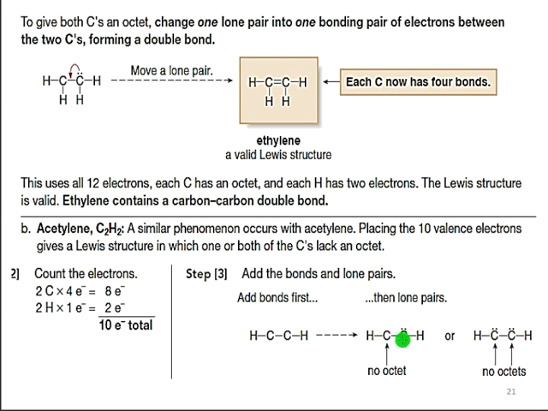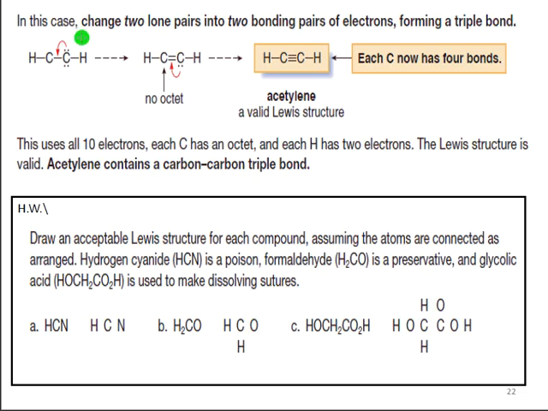The answer is no, because this one will be in the octet rule, and this atom will not be in the octet rule. What we have to do is remove 2 electrons from each carbon to the other, and this makes a bond, and the other makes another bond. It will be a triple bond, as in the next slide. That's a triple bond between the carbon